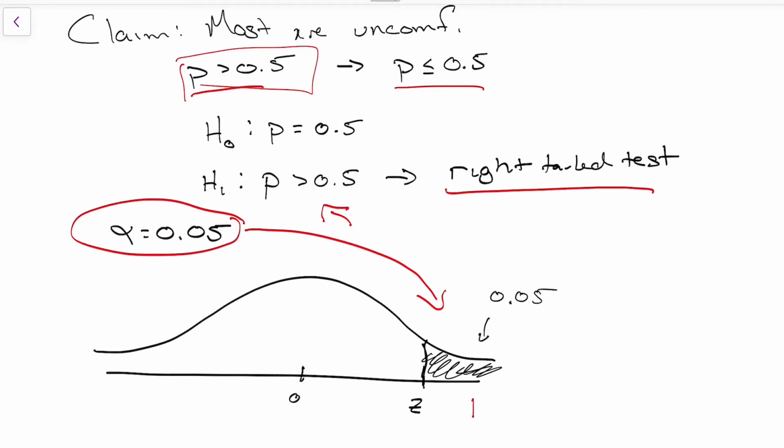And as we've called this before, this area here is our critical region, right? First thing we have to do is compute what z-score actually marks off that critical region. Again, it's going to be the z-score with an area to the right of 0.05. However, our z-table does not tell us areas to the right, it tells us areas to the left. And 0.05 is equivalent to having an area to the left of 0.9500. So what we have to do is look at our standard normal distribution table to find an area to the left of